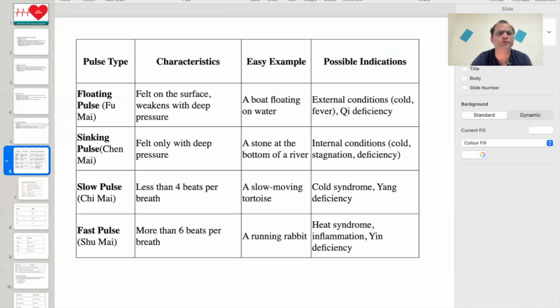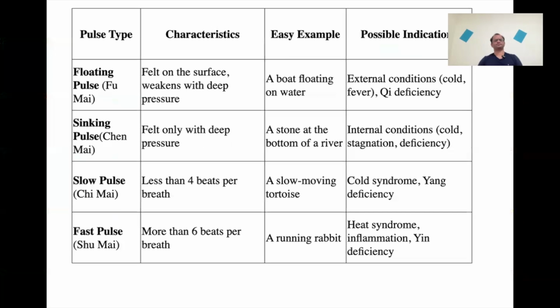I will show you one table. So this is the table. There are four types of pulse. Number one, floating pulse. Floating pulse means we are feeling only on the surface, but we are not feeling in the deeper inside, or